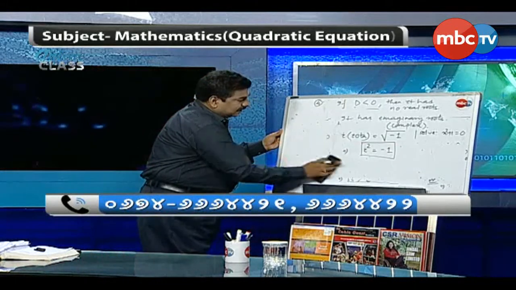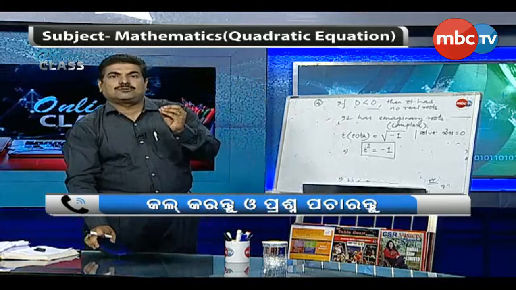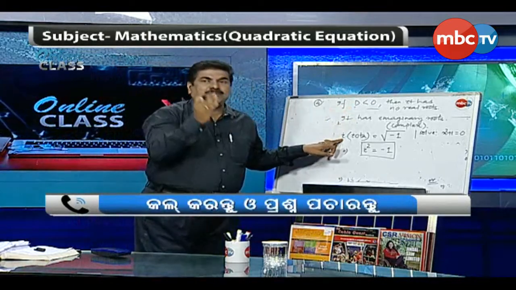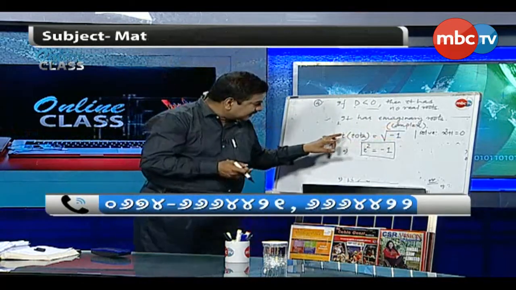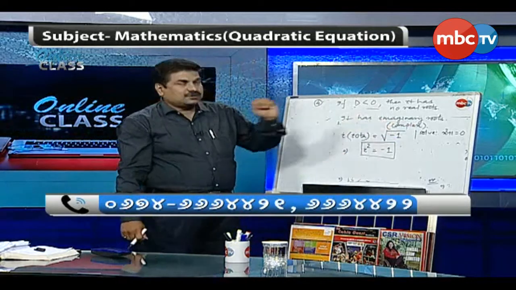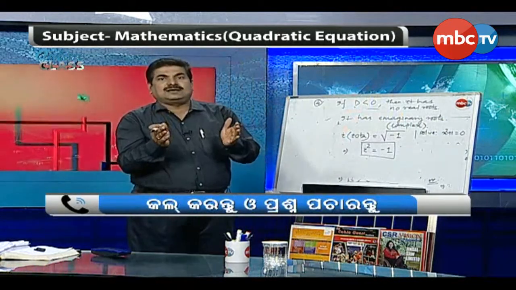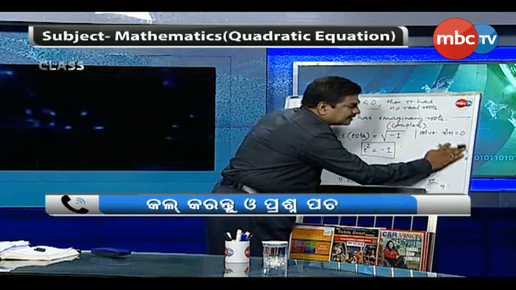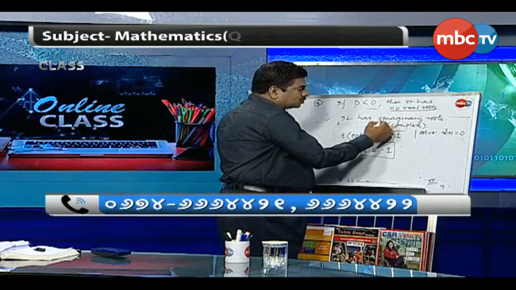How to calculate the square root of a negative number dear? The great mathematician Euler introduced I, the symbol I, this is known as iota, which is equal to square root of minus 1. That means the value of I square is equal to minus 1 dear. Here you see one example. X square plus 1 equal to 0 dear. This is a quadratic equation, but here you see, I have already told you, if D less than 0 it has no real roots, but it has,